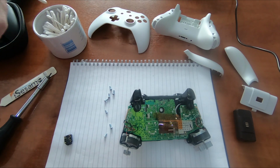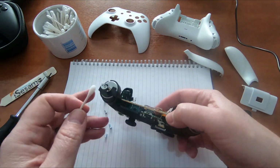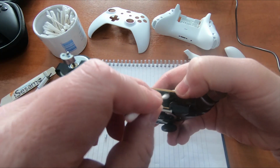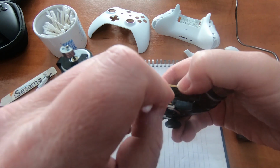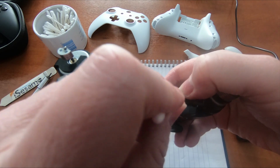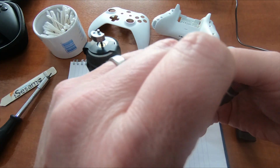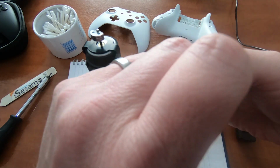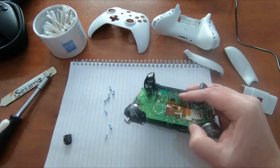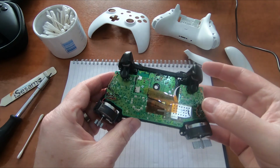So just put a little bit of that onto a cotton wool bud, and then just rub over the contacts on that board. I'm not sure if it's a physical problem with the connector on this one or whether it is a connection problem, but for me, cleaning these whilst you've got it open is a good idea. Okay, so once that's done,